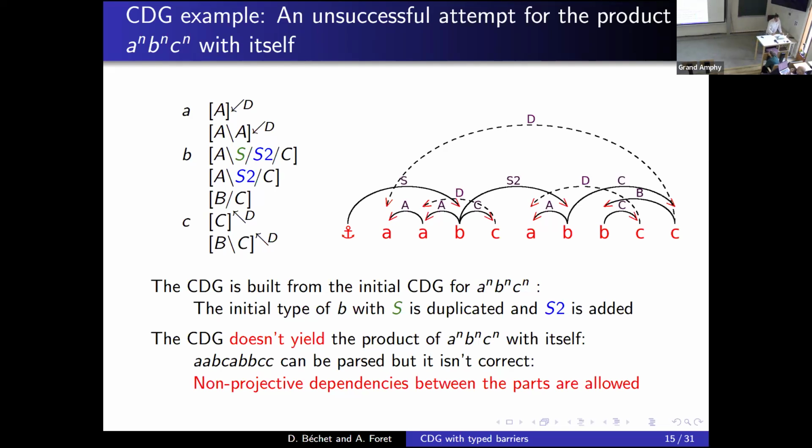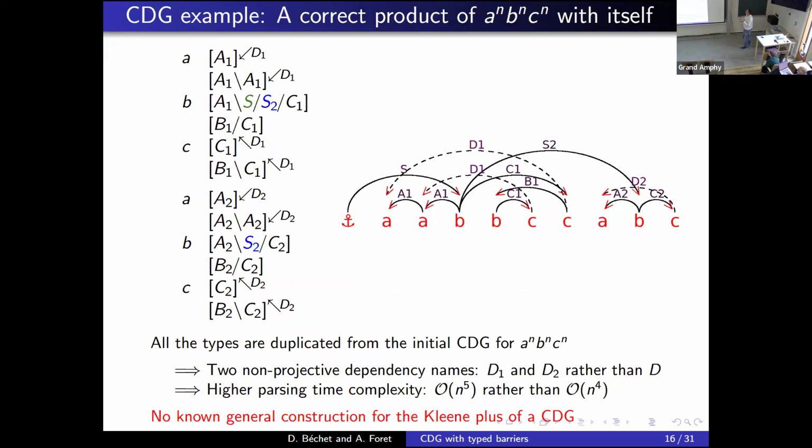The good idea, in fact, is just to create two grammars, or duplicate all the types using the index 1 and the index 2. What we have is the first part, the left part of the word, that introduces the second axiom, S2, and the second axiom corresponds to the second grammar.